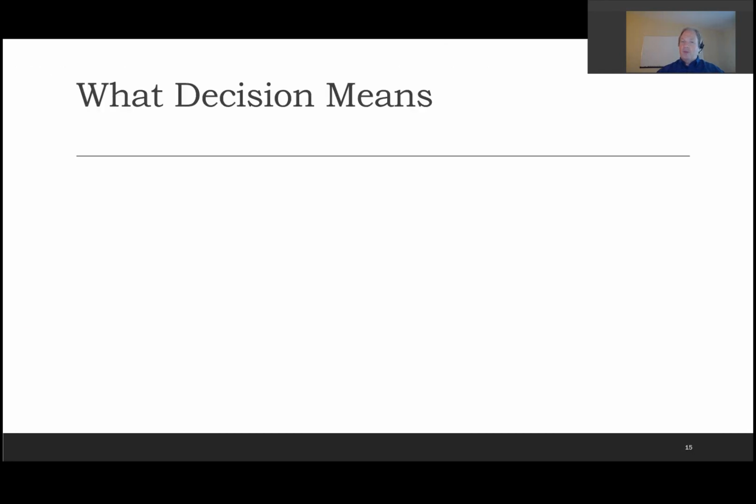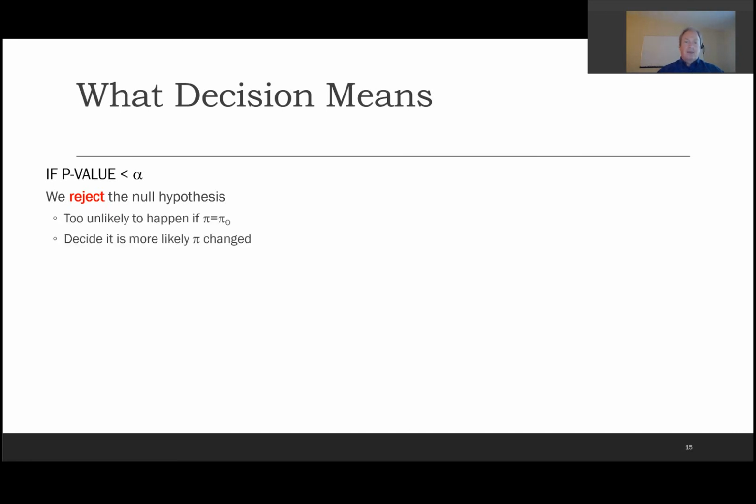So here's how we think about our decision. If the p-value is less than alpha, that means there's strong evidence against the null because it's very unlikely I could get the estimator I observed if the null was true. So we use that other interpretation: it's more unlikely that the population percentage has changed. So we decide there is sufficient evidence. Notice this is like a court trial, the verdict. There's sufficient evidence to conclude something significant happened, that there was actually an effect.